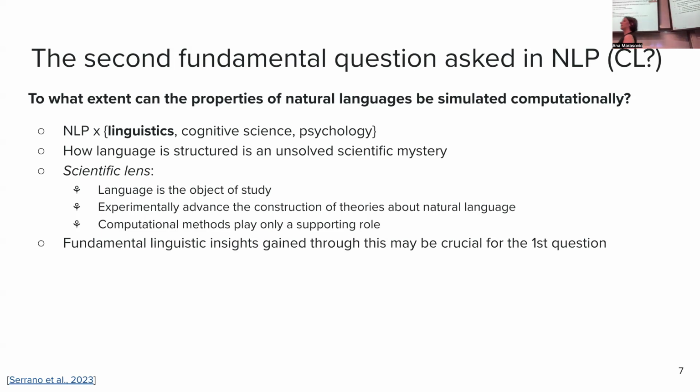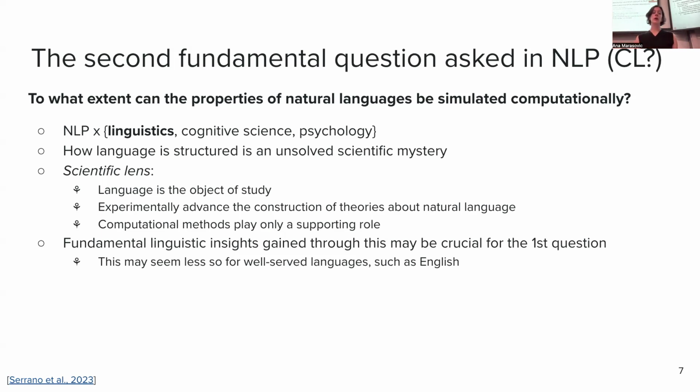Now, there is an intersect between the first and the second question. What you find out about natural language can be useful to then bring into your approach for building a computer program to see how your computer program can do summarization or translation or question answering. This is honestly less so these days for these high resource languages like English, for which this purely end-to-end approach, where we don't give any kind of inductive biases about what natural language is, are quite successful. So there is less overlap today